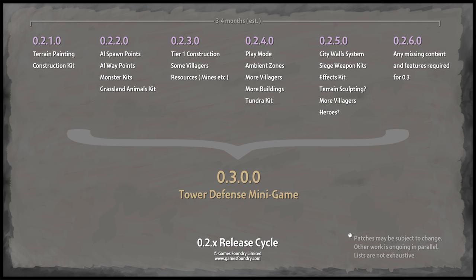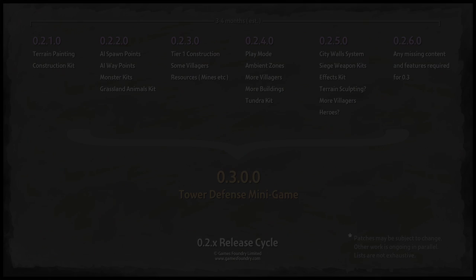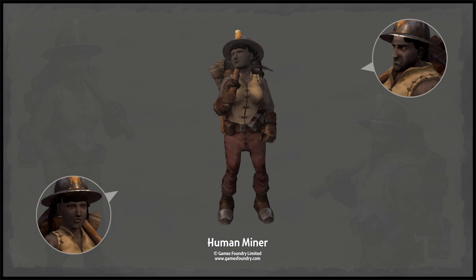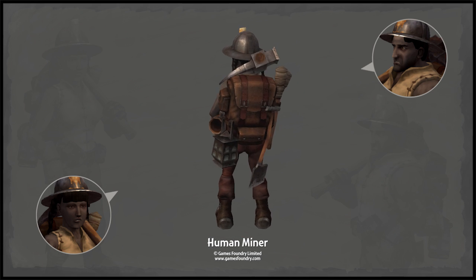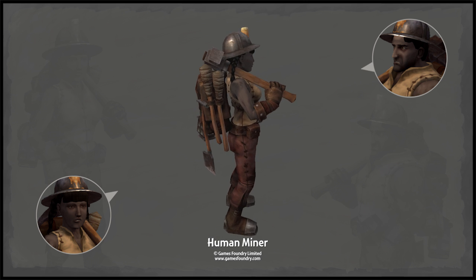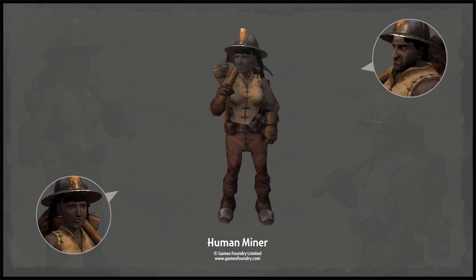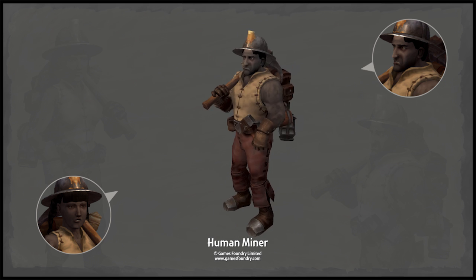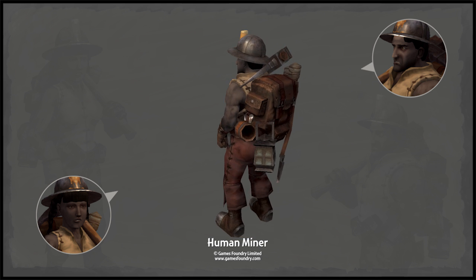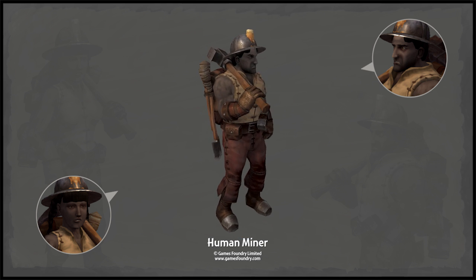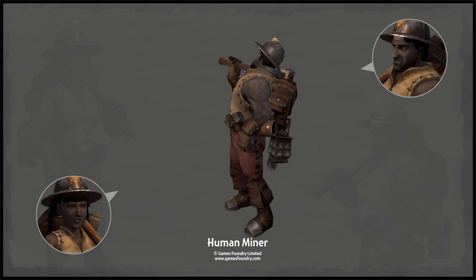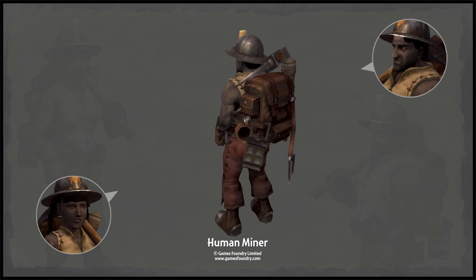We'll be adding in the early stage occupational specialists. So here we're showing the miner. We're developing both the male and females at the same time, as we said we would. And they also are using the character customization system that we developed last year, that we covered in an earlier blog. Now, to go with those resource specialists, we obviously need the resources themselves,